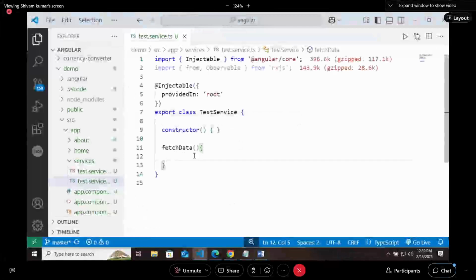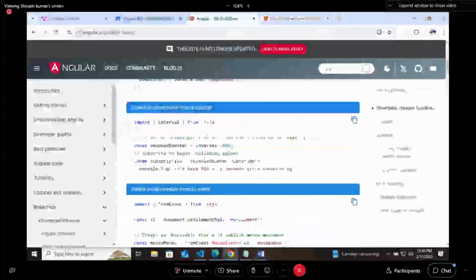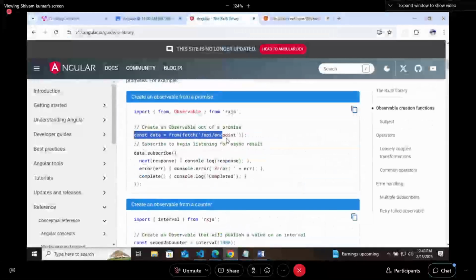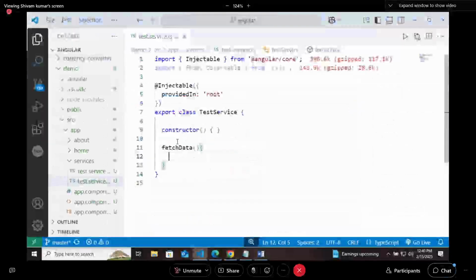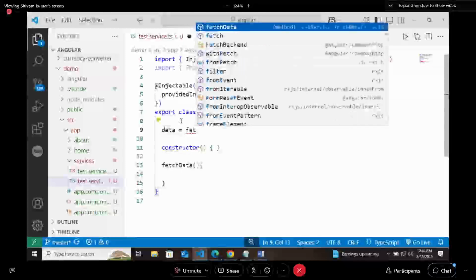In this fetch API, you need to convert that. For that, it is telling us that you need to have a function to fetch the value. For that, I will create data equals to fetch.